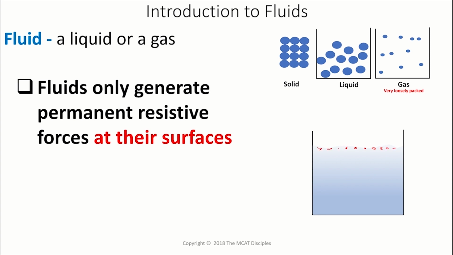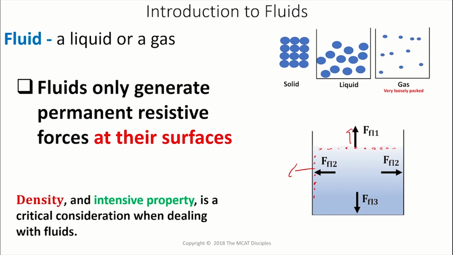And these water molecules are relatively constrained in moving. In the case of the surface here, these water molecules can't move upward just because the force of gravity is keeping them down here. And in the case of any sidewall, you have this fluid hitting up against the sidewall, but it really can't move it unless it's a really weak wall, right? And so these are generating a permanent resistive force outward, and I've drawn this in here, at any one of their given surfaces. As it'll turn out, the pressure at any one of these surfaces, ignoring the change in depth, is going to be the same.